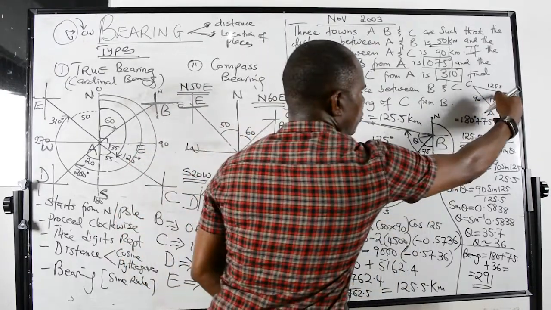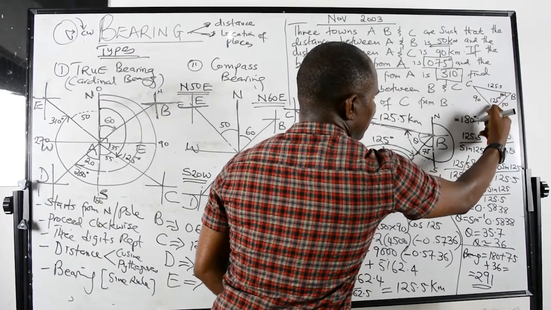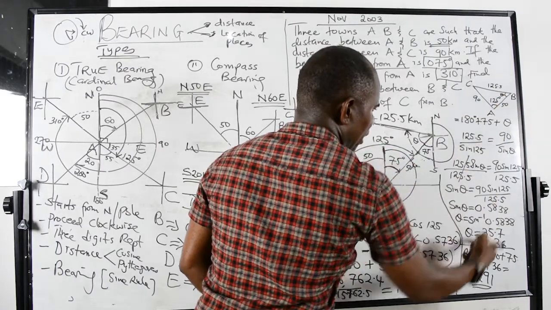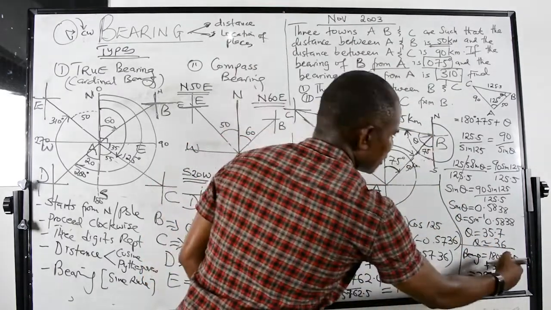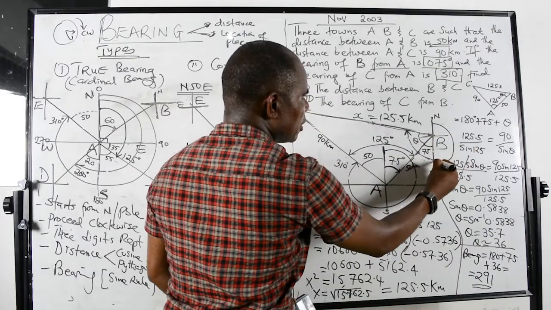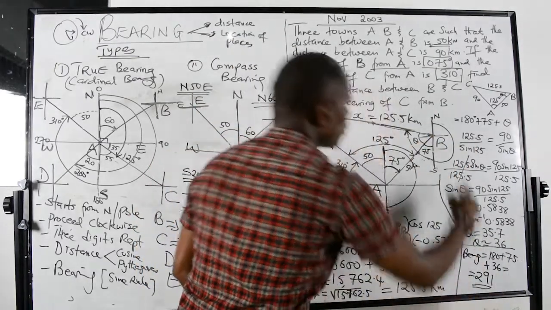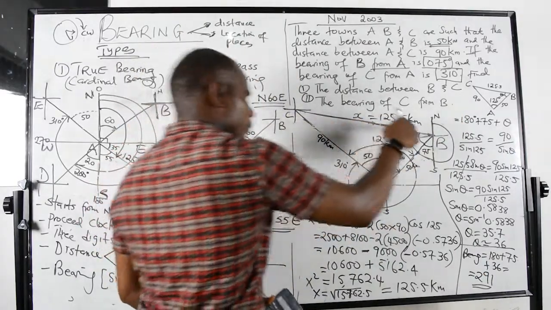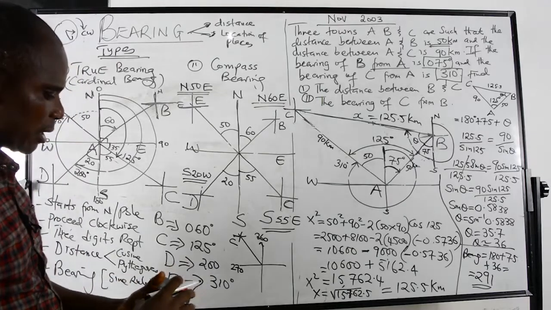So we used the sine rule. You see, this side divided by the sine of that is equal to this side divided by the sine of this. So we did the math and we came across a number, 36. So this theta here is 36 degrees. So now we have 180 plus 75 plus 36 gives me 291, which is the bearing of C from B. So that's the end of that question. So you now see how the bearing is calculated.